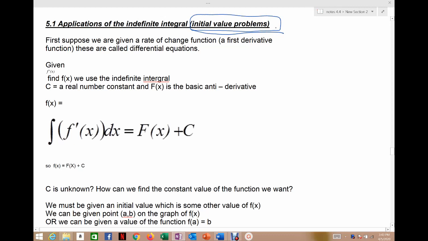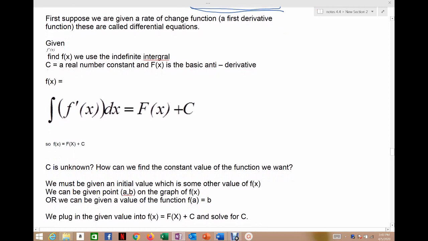Suppose that an application gives us a rate of change function, tells us a derivative. So we're given a derivative. Again, these are called differential equations, the derivative. And so again, we're given f prime of x. We want to find the original f of x, and the indefinite integral gives us all the possible original